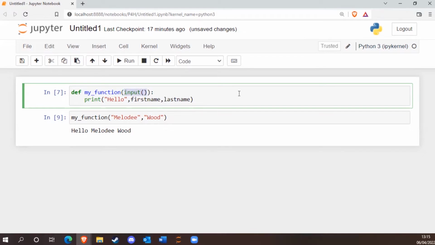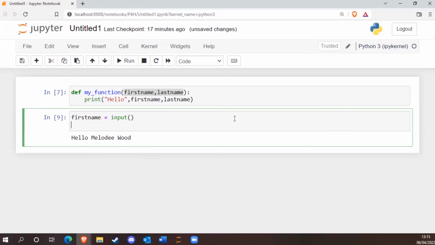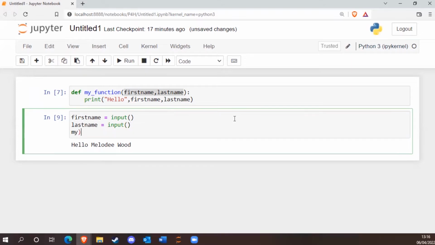So what we actually want to do is we're going to do a couple of nested functions. So we're going to leave this the way it was. And then down here, we're going to do first name equals input, last name equals input, and then my function,